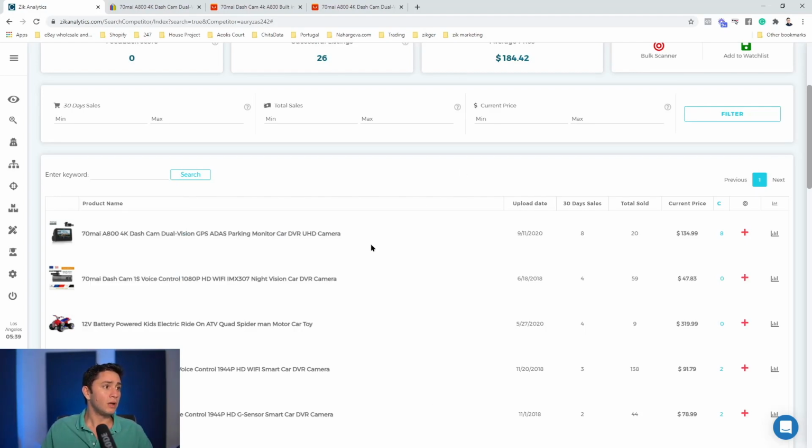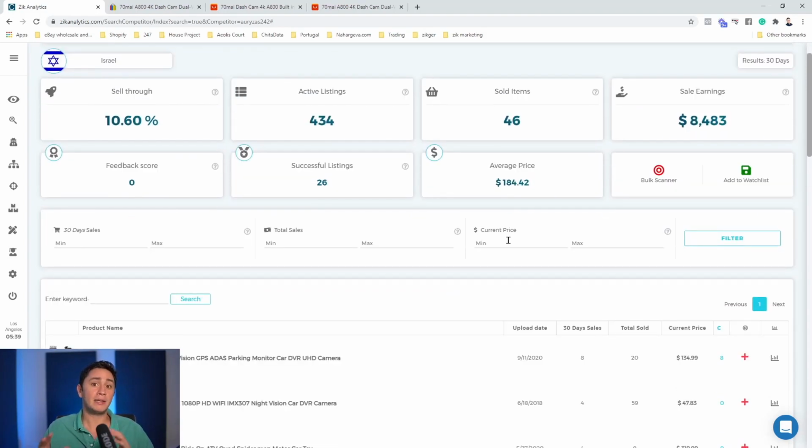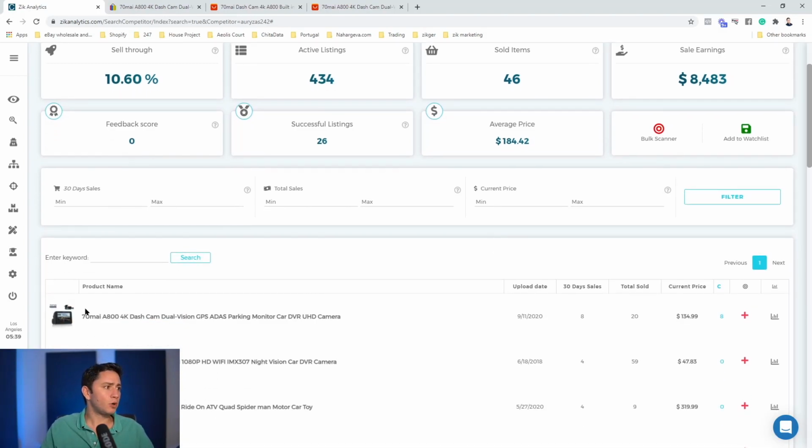You can use it for discovering hot niches, for learning new selling strategies. For example, we saw that this seller is selling very high-priced products, and by seeing these things, we can learn a lot about his selling strategy. Of course, before you list this product, you have to make sure to optimize the title, picture, and description, and make sure you're selling it for the right price. You have all the data here. All you need to do next is check the products.